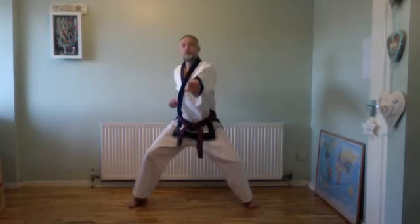Okay? So again, from this position, we're going to work slow middle punches. So what we're going to focus on is elbow to elbow. So as your elbows meet your ribs, they swap, the wrists swap as you twist over. Okay? So if I count,